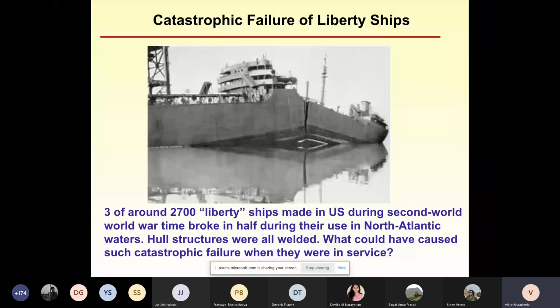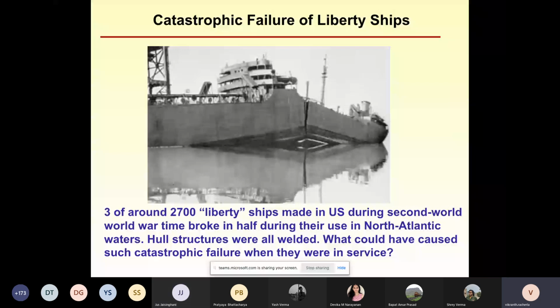So if nothing is happening to the aeroplane's structure, why does this particular thing have to rupture even at 0 degrees Celsius? Maybe because of overloading of the ship? No, the ship is designed for some load. Normally, what I have seen is that stress not exceeding yield strength is something people have been following for a very long time. Also remember that this is not the first time they were making this ship. They have been making it for a very long time. And in any case, the structure, as I told you,